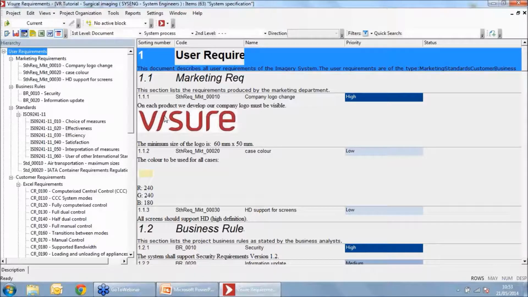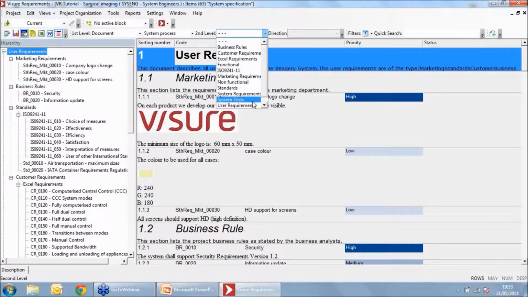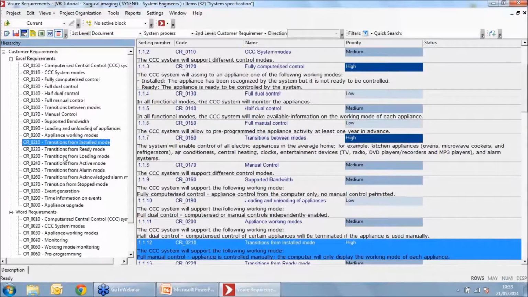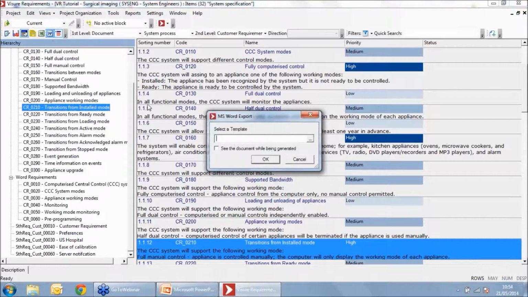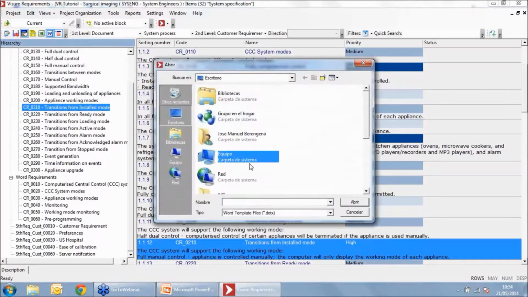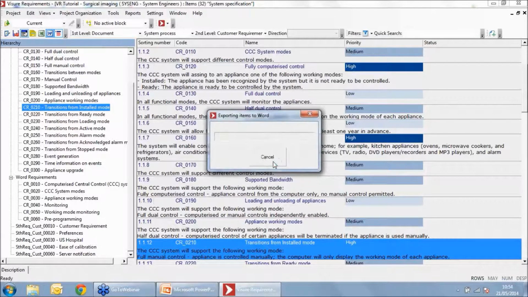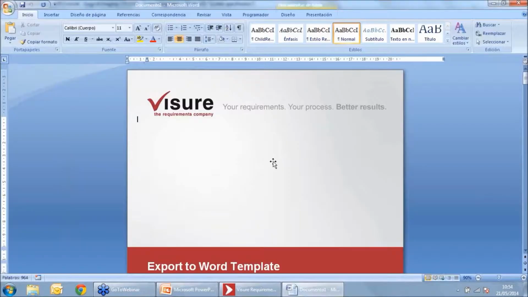For example, I'm watching this view right now and I want to select only the system requirements or only the user requirements, and specifically not all of them, but the customer requirements. So I can analyze all the customer requirements here and, just by clicking here, automatically generate a Word document that is going to contain all this information. I can select a Microsoft Word template file in order to give it format, or I can just skip that part. And just as simply as that, I can automatically generate a document that I will be